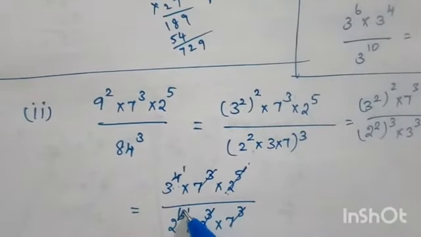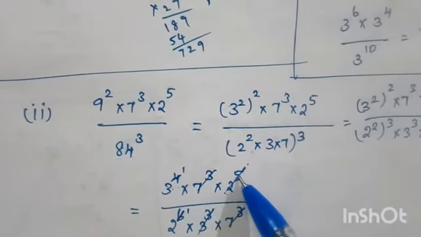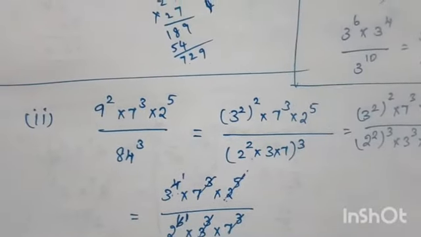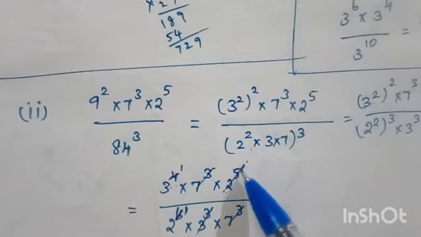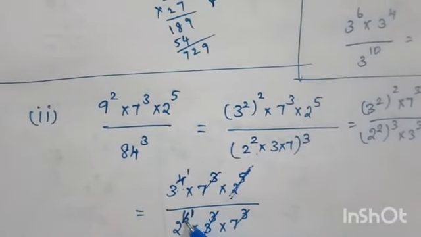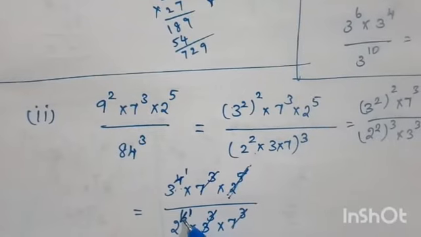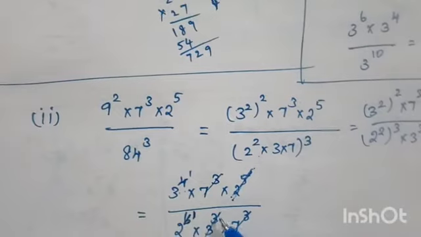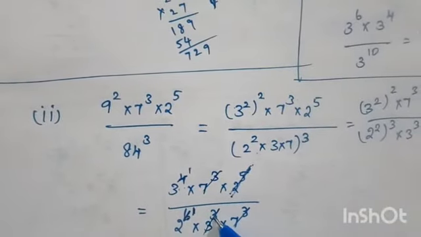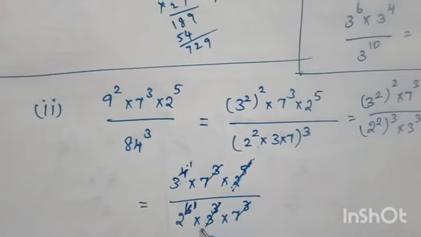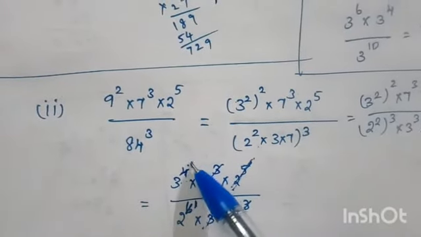For this one, this number alone you have to cancel. 5 is there, 5 is subtracted, so cancelled, remaining 1. Listen once again, 2 power 5 is there, this 2 power 5 cancelled. So here 2 power 6 is there, so 2 into 2 into 6 times is there, 5 times cancelled, remaining 1. So now 3 cube, 3 into 3 into 3, 3 times is there, here 4 times is there. So this is fully cancelled, 3 times cancelled, remaining 1.